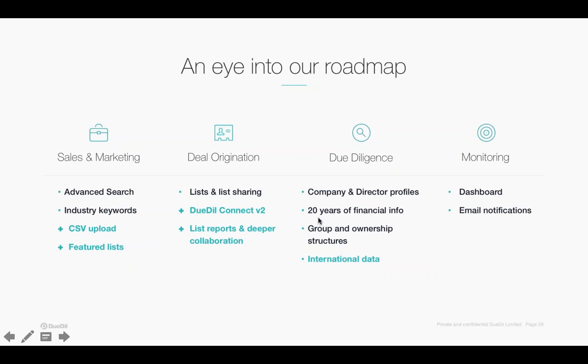we can see that we're going to expand on that platform in the coming months. So the first part is we're going to enable new ways to upload lists, not simply via the advanced search, but also by things like the CSV upload. That's going to be released very soon, actually. So you'll be able to just take an Excel file that you have, opportunities that you looked at 6 months ago or something like that, and just upload it, and the data will be matched and cleaned automatically and will stay live on DueDil.